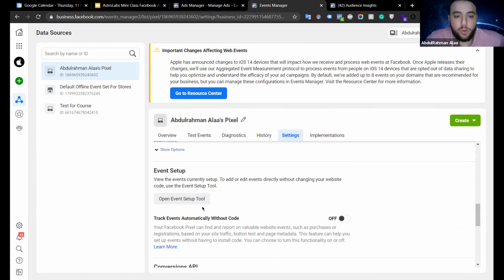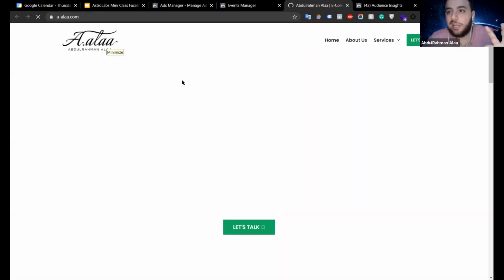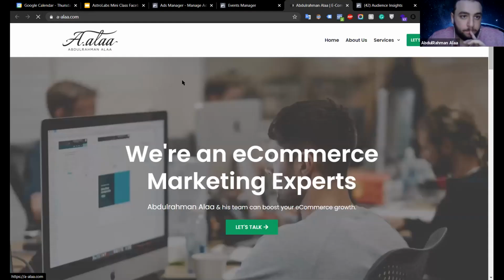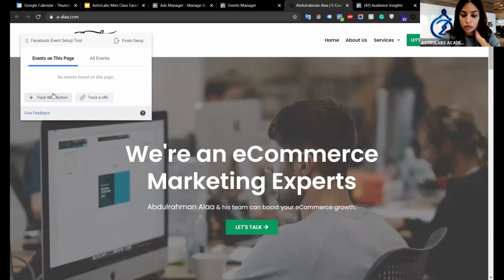All right. So there is this new tool on Facebook called the Event Setup tool, and you add your website here, and it goes to the website and shows a pop-up there to help you choose specifically what you want. Can you see this part, guys? Yes, I can.